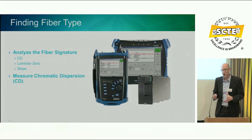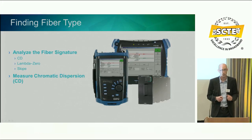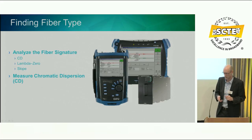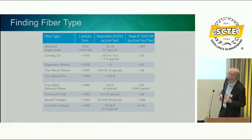So you can't go into the field and take your fibre out and measure the effective area. That's very difficult to do. But what you can do is, if you measure the chromatic dispersion and the properties associated with that, such as the CD in the C-band, the slope, and the lambda zero, you can use that to accurately identify the fibre type that you have. So in this case, on this little table here,